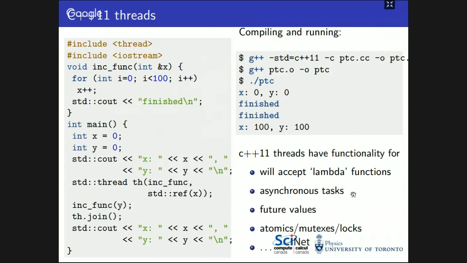You can have things like asynchronous tasks, so you can spawn a task, and you can ask it to return a value sometime in the future. So future values. You can have atomics, mutexes, locks, very similar things to OpenMP. You would still not use this where OpenMP fits, but you might use this in cases where you have very varied